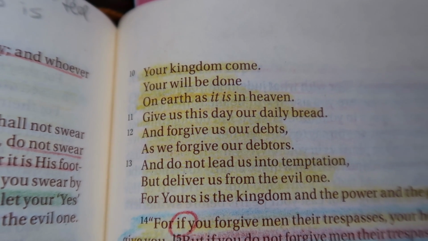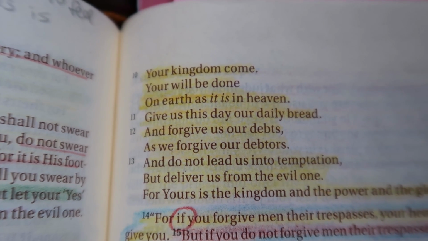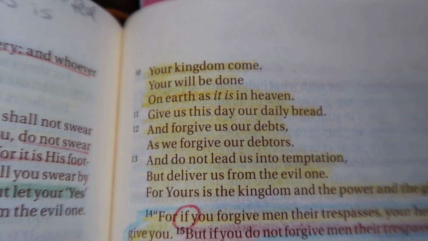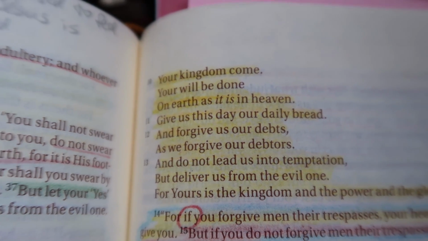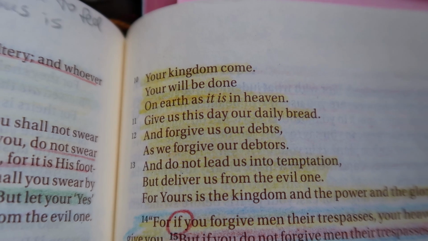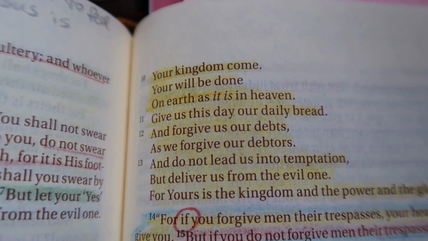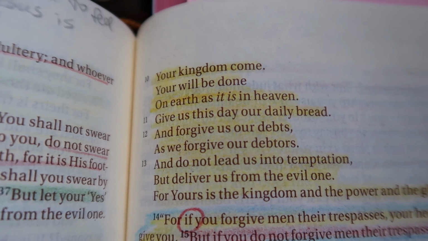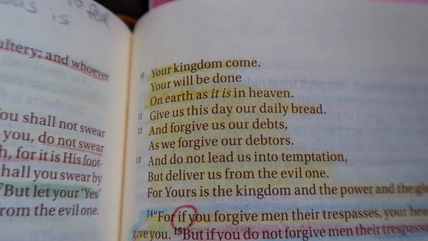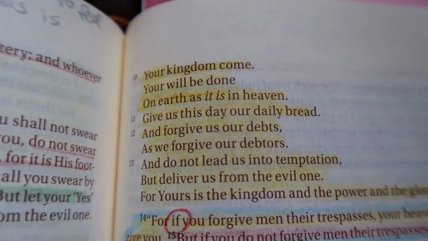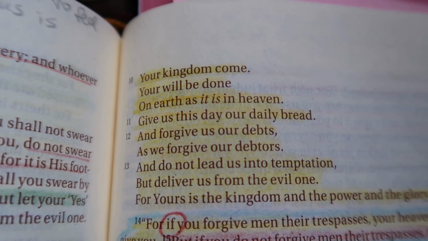Give us this day our daily bread. That's the part where I pray for different people. I pray especially for my family, and just people who have built into my life. I try to pray for those people. I pray for the ones that I have had a chance to share with the Lord about, just anything. Give us this day our daily bread. So it says give us. And so I pray on behalf of other people. I ask Him to give different things for different people in my life.